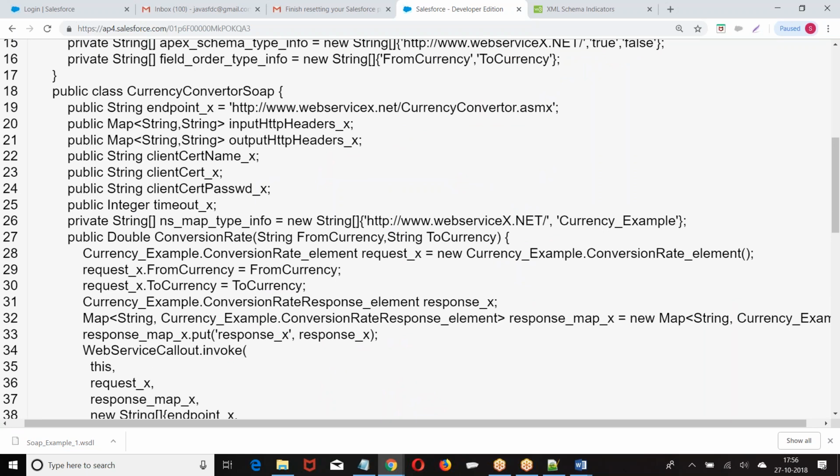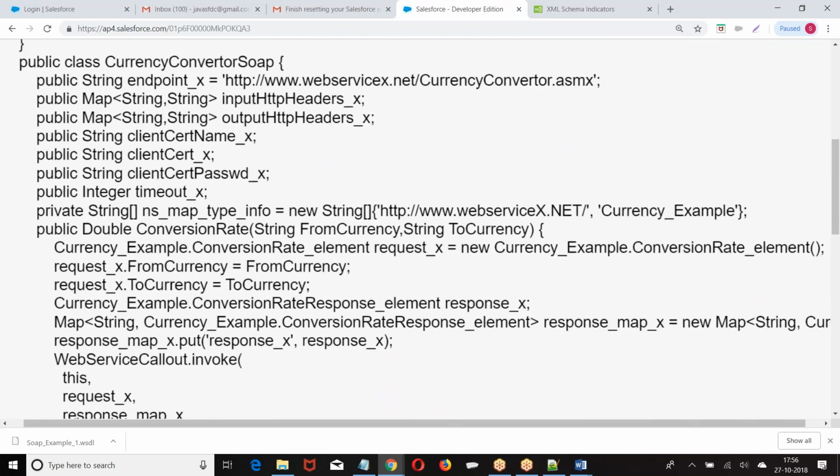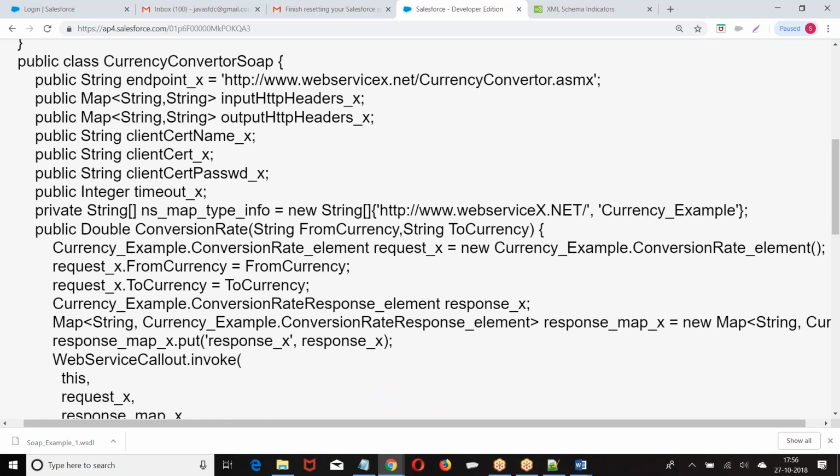No header element. In the method, are you expecting any login data? No. So it is also an open file. So what was that? Currency converter SOAP dot corresponding object dot conversion rate. If you give from which currency to which currency, they will give the currency format.